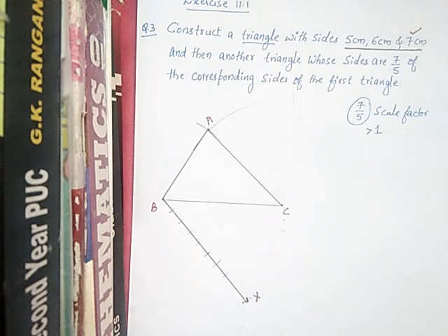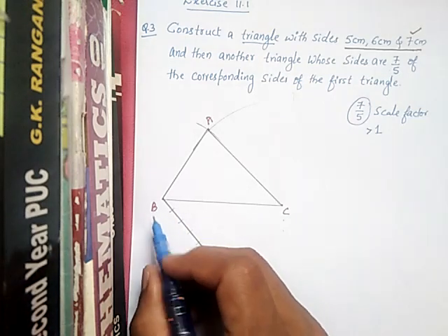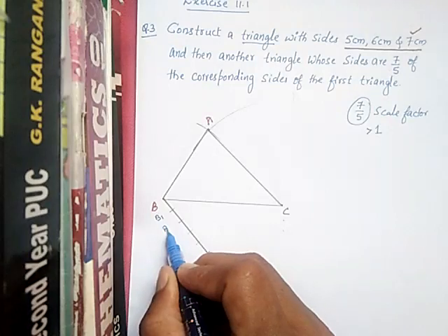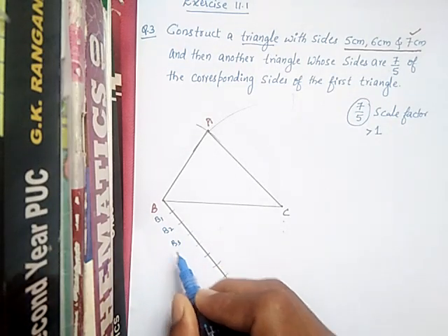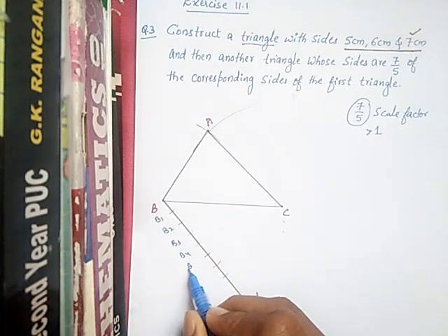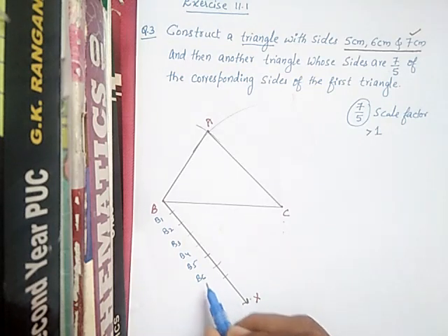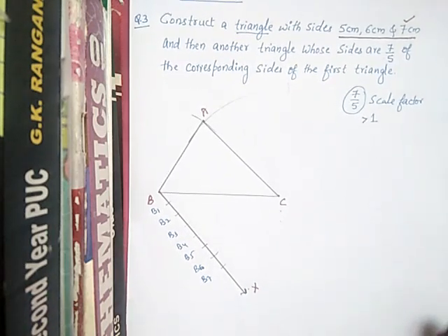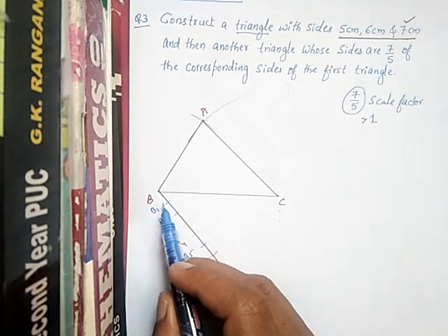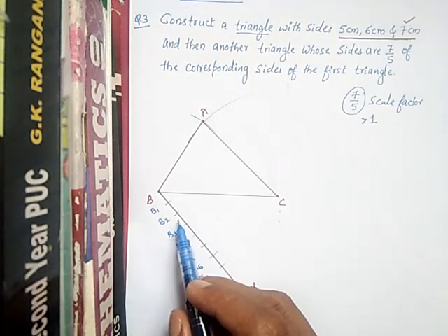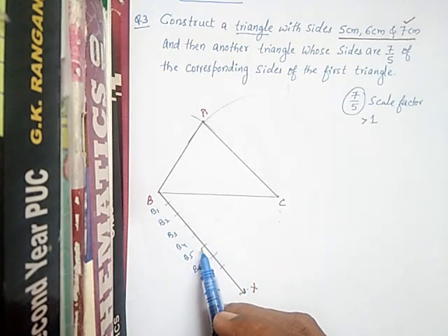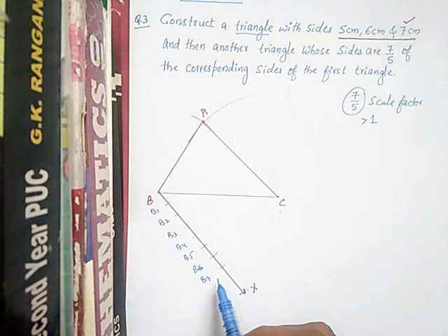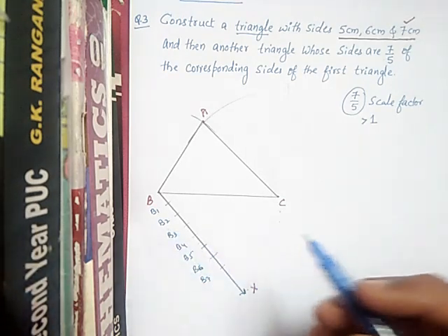So now you can give the names like this. Here it is B, so you can give these as B1, B2, B3, B4, and this is B5, this is B6, and the last one is the B7 point. After this, the very important thing: B1B2 is equal to B2B3, B3B4, B4B5, B5B6 and B6B7, all are equal arcs you have to draw.